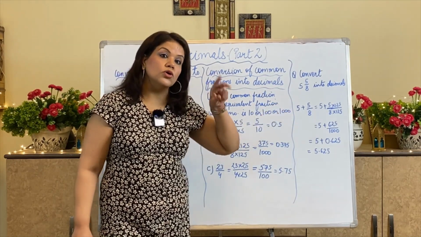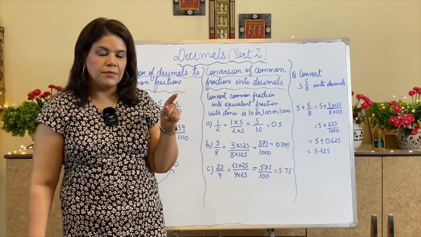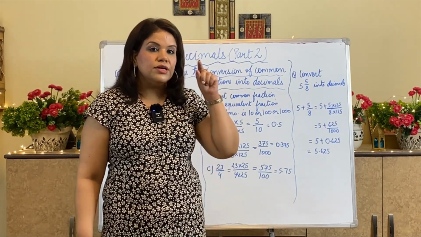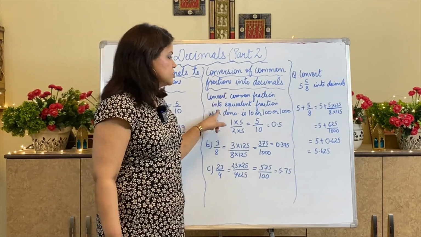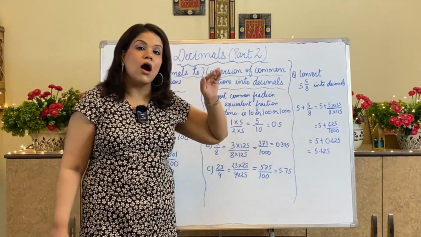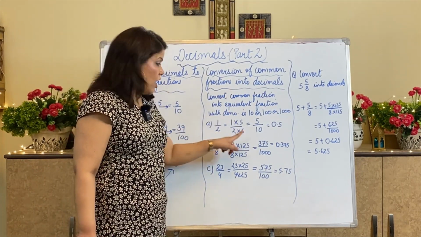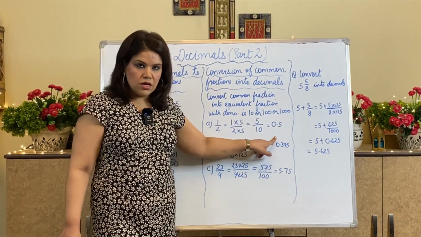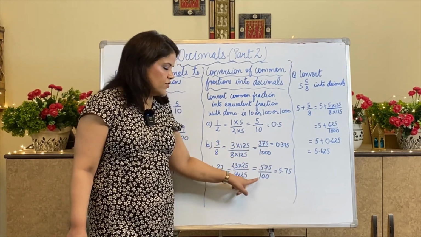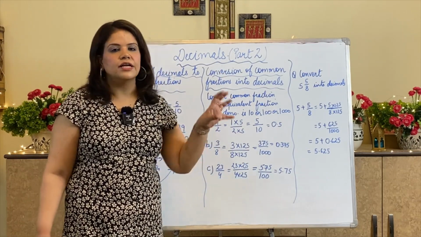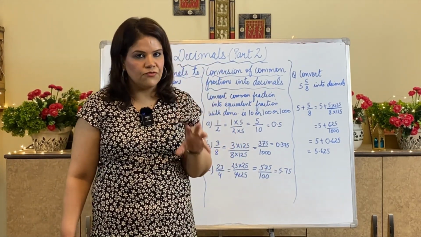Understood? To go to a decimal number, what is my essential point? You remember in the starting I told you, decimal fractions are those fractions. From common fractions I will go to decimal fractions. How will I get decimal fractions? By getting 1 followed by zeros: either 1 followed by 1 zero, 1 followed by 3 zeros, or 1 followed by 2 zeros. But I need to get 10, 100 or 1000 in the denominator of a decimal fraction.